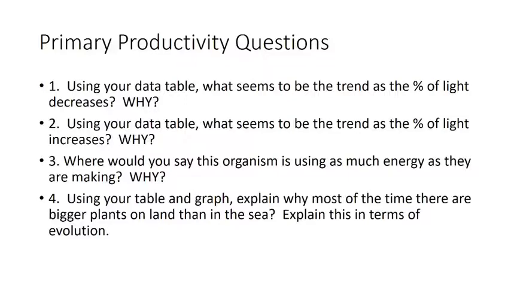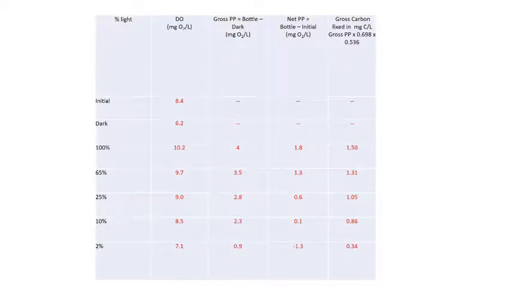Question 3. Where would you say this organism is using about as much energy as they are making, and why? Well, first of all, making energy is kind of a bad way of saying it. You can't make energy, but maybe storing it might be a better way of putting that question. So let's go back to our data table. And what we want to look at is where does it seem to break even? Where is the net primary productivity closest to zero? And if you look at that, it's somewhere around 10%. Somewhere right in here,